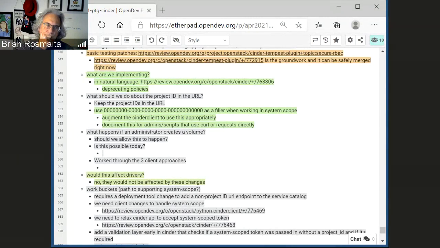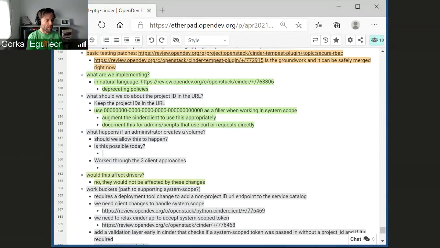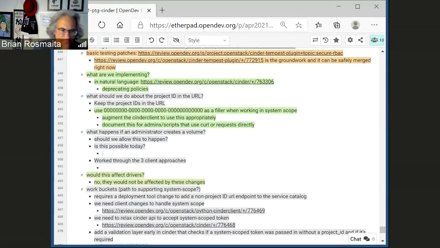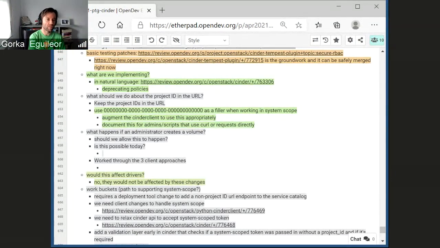And then what about the delete volumes and all operations like that? Currently they're just checking for admin, right? We check the project matches. If it doesn't match, are you an admin, then it's fine. That changes completely now. So we basically have to go everywhere in the API where we're looking for administrators and tweak that.